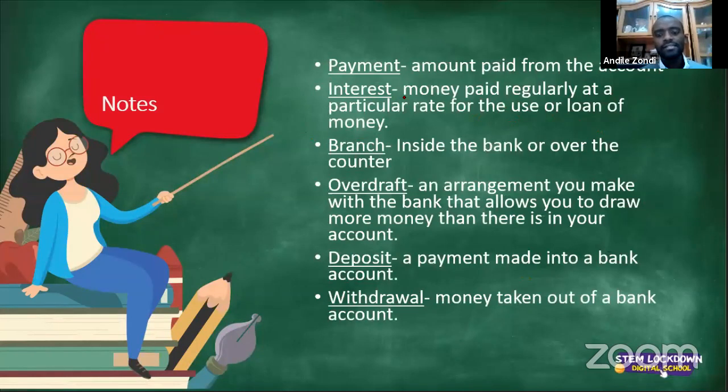Interest: this is money. Remember, interest is money, whereas interest rate is a percentage. Money paid regularly at a particular rate for the use or loan of money. So if you are investing your money using a fixed deposit, you will be earning interest at a rate